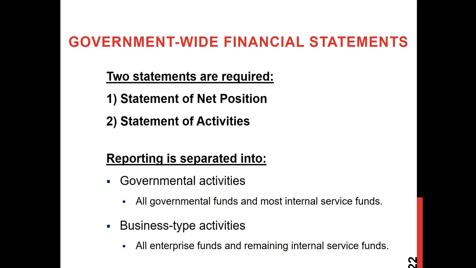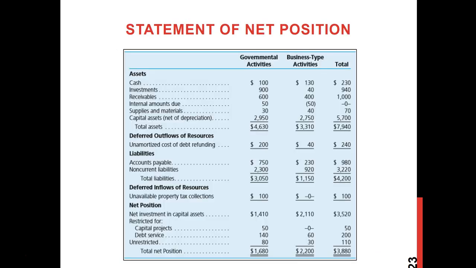On the other hand, business type of activities will cover mostly all enterprise funds and a few internal service funds. And here, business type of activities means that government entities are charging fees or collecting amounts from the public when they're giving services. For example, the use of tolls from a bridge or highways, or when you use any government facilities, park, golf course, you pay for the service. So these are basically business type of activities. Now let's see one example.